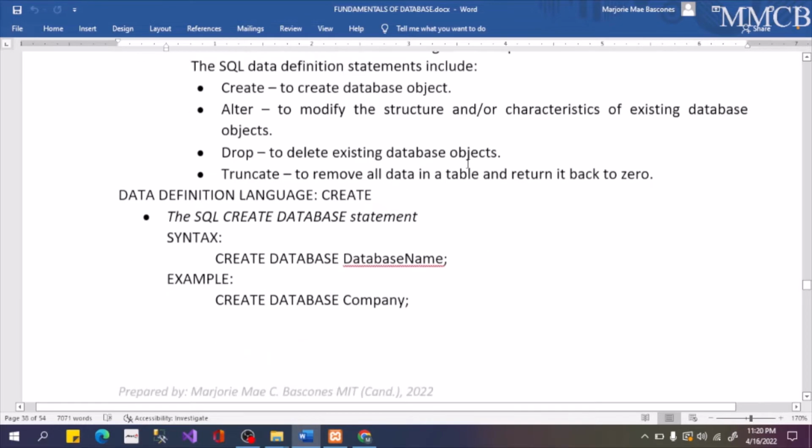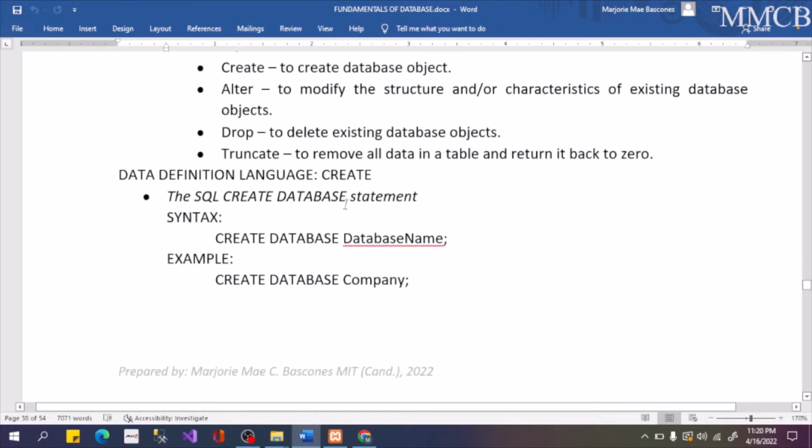First, let's talk about how to create a database. So we have here the syntax, or the construction, and how we are going to use this command. The example here is we're going to create a database named company. So what I'm going to do is copy this one first,